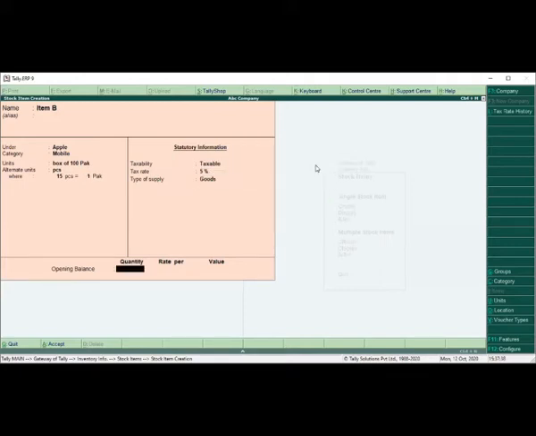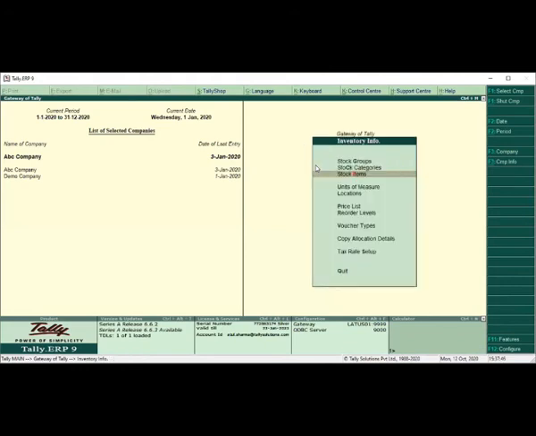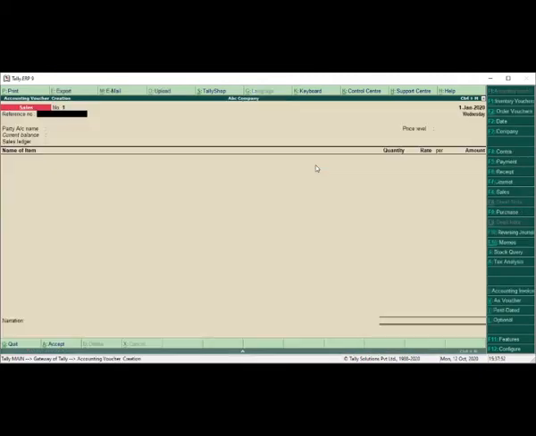Save it. Done. So like this way you can use it, and whenever you see the stock summary, it will also reflect in 2 different units, but while recording the transaction you can make the changes.